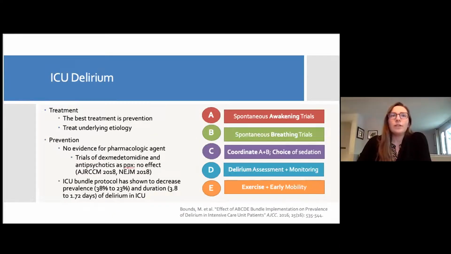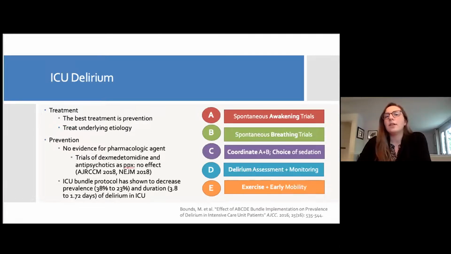What we do know is that the best treatment for ICU delirium is prevention, and always, if possible, treat the underlying etiology. How do we accomplish prevention? So far, we have not found any evidence for any pharmacologic agent that works well to prevent the development of delirium. We've done trials in 2018 of both dexmedetomidine and antipsychotics as prophylactic measures, and both of these demonstrated no effect. However, a study in 2016 showed that an ICU bundle protocol can decrease prevalence and duration of delirium in